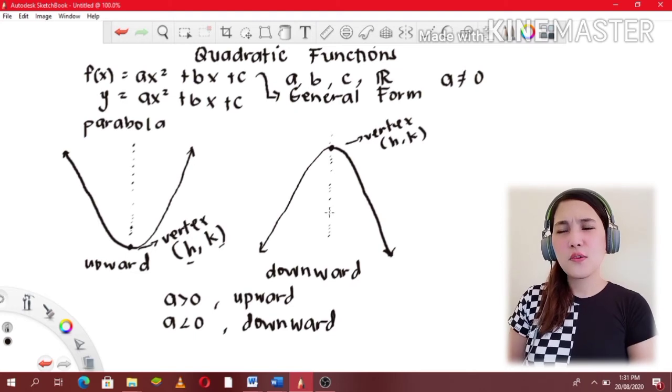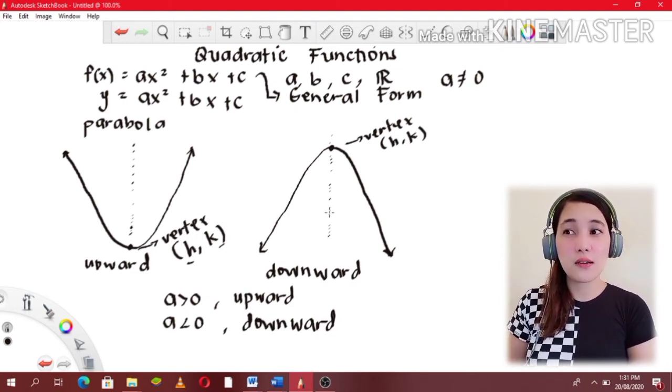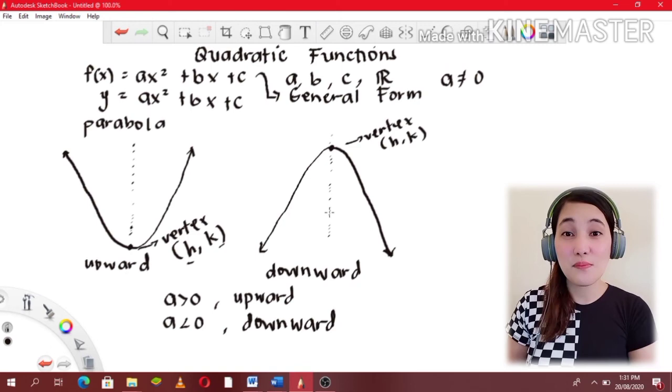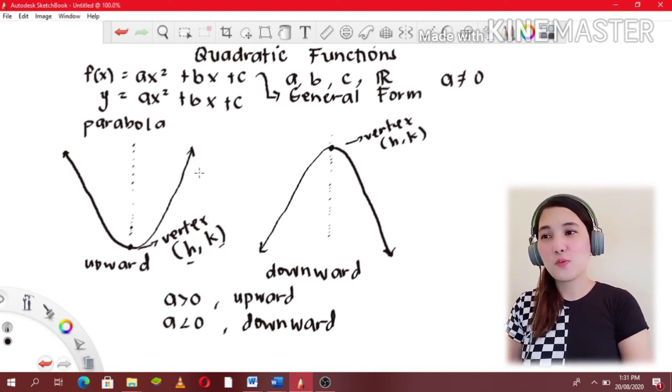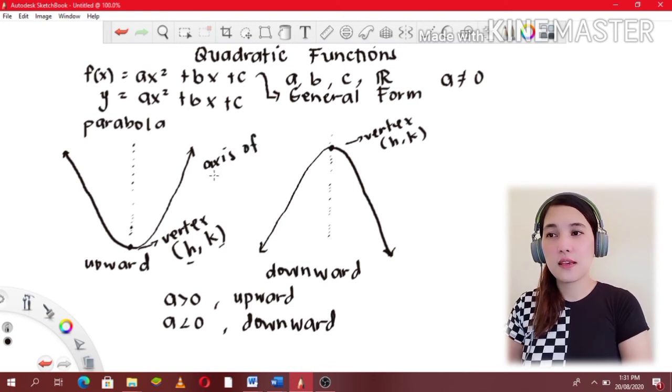Okay, so the graph or the parabola will become symmetric, or the graph of a quadratic function is symmetric to the line x = h. That is what we call the axis of symmetry,